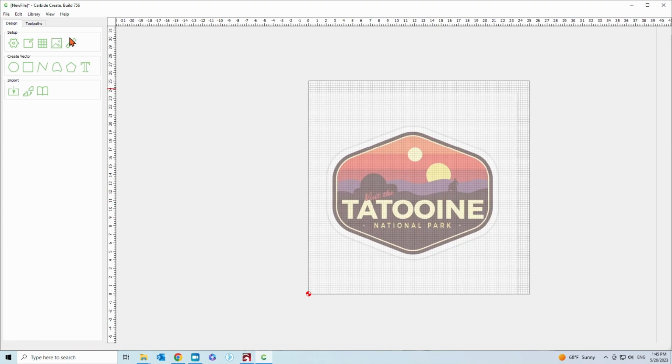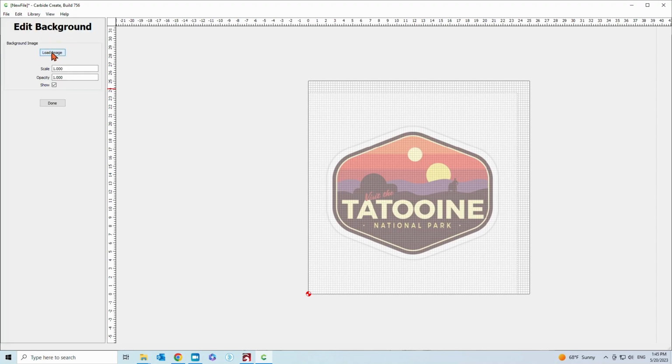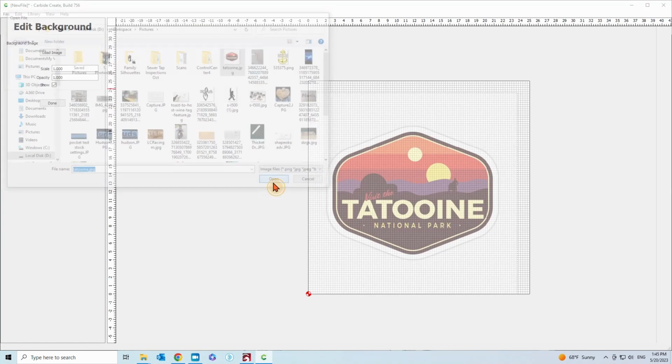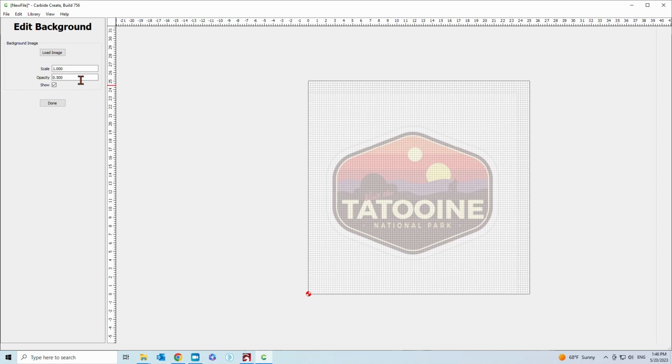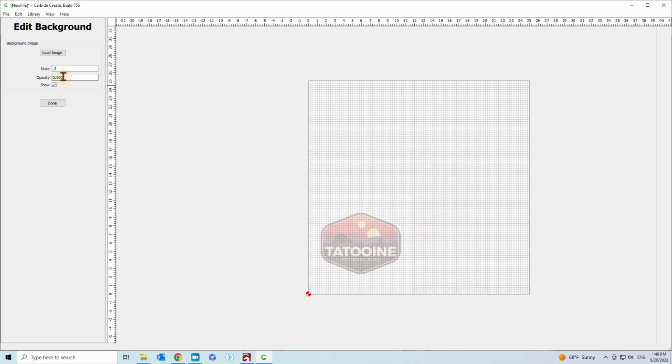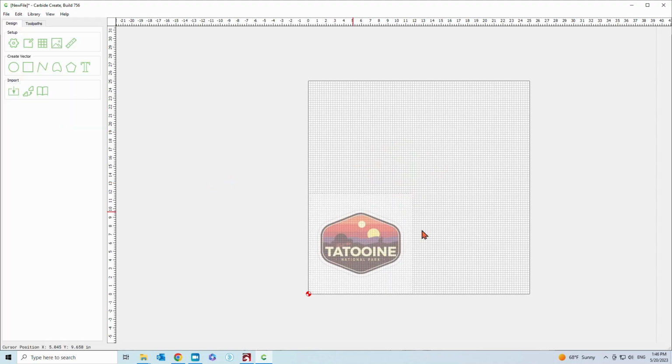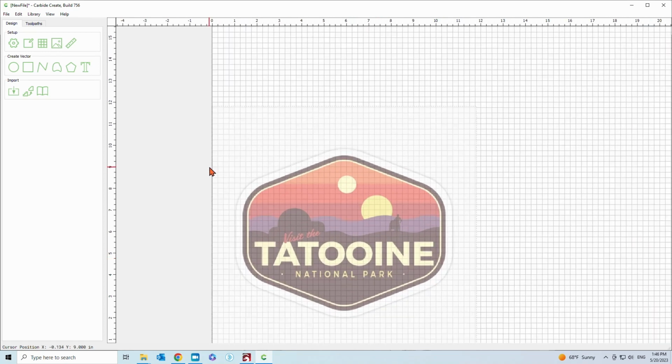So to bring this photo in, I just clicked on this set background, load image, find the picture. Comes in like that. You can change the scale. I'll make it half of the size that it is now, and I'm going to do the opacity at 1 just so I can see it a little bit better. I'll zoom in a little bit. So first we're going to create this